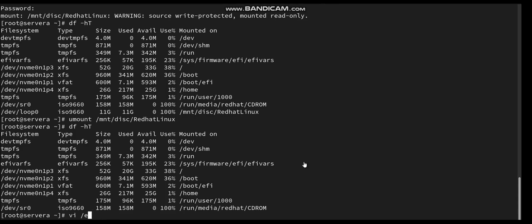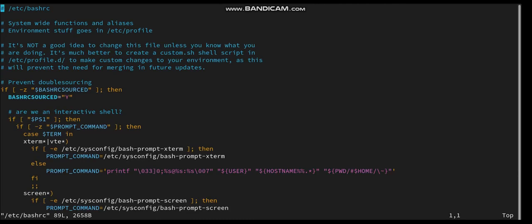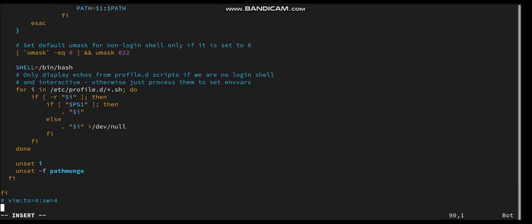Now what I will do is I will add this entry in the /etc/bashrc file. At the end of this file, I will add this entry: mount -o loop, on loop/wave/